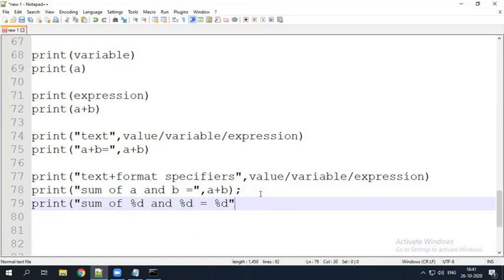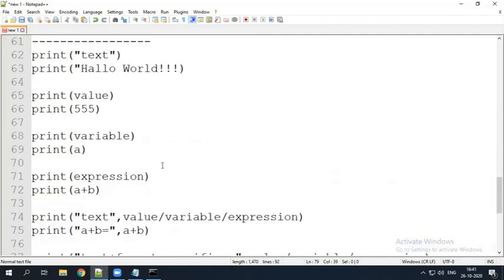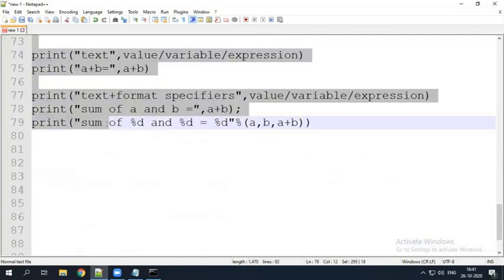So remember here, instead of comma we have to use the percentage, and within double quotation we have to specify a value for the first format specifier, b value for the second format specifier, a plus b for the third format specifier. At that time format specifiers are required, otherwise it doesn't require any format specifier. So let us execute this Python program.